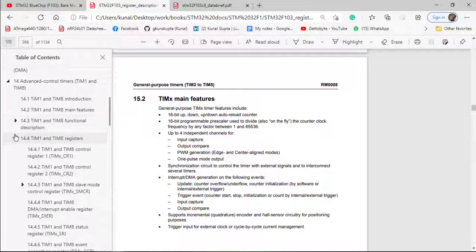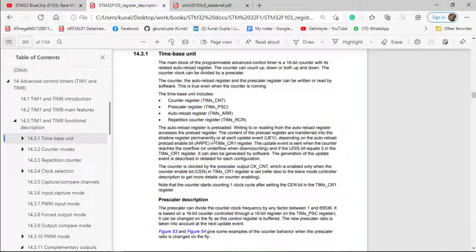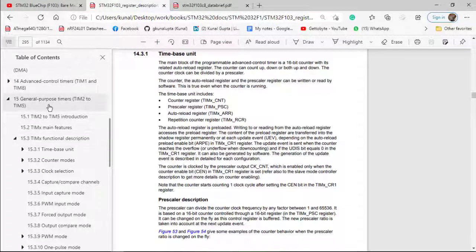The time base unit is described in a bit more detail and is better explained for the advanced control timer, because all the important things are referred back to the advanced control timer only. So I will tell you things from the advanced control timer, but we will be implementing code for Timer 2, that is a general purpose timer, for delay generation.